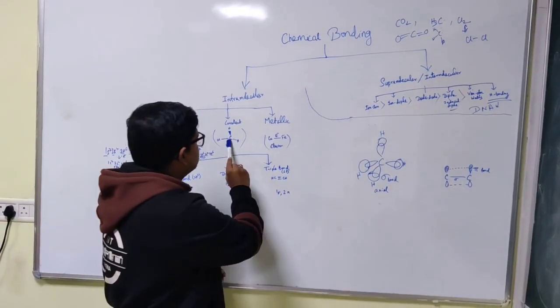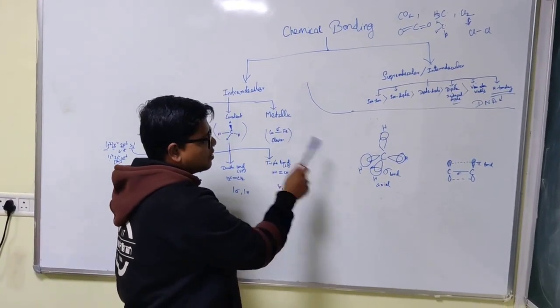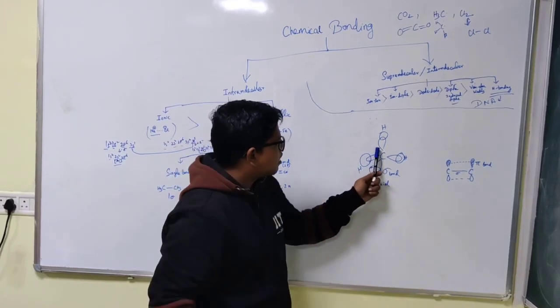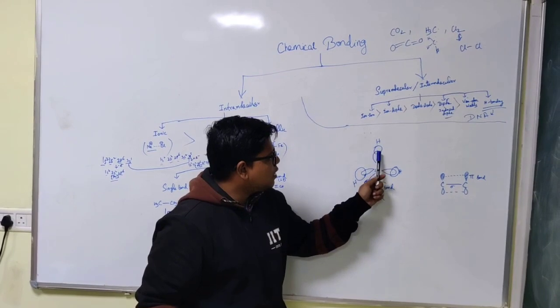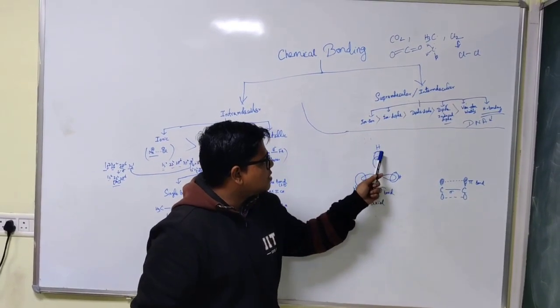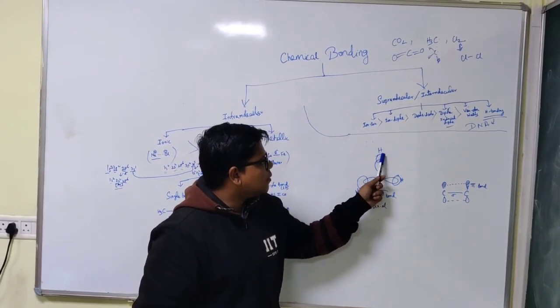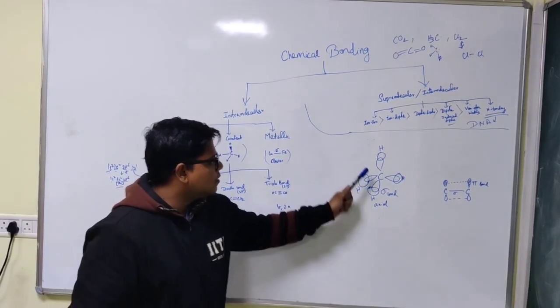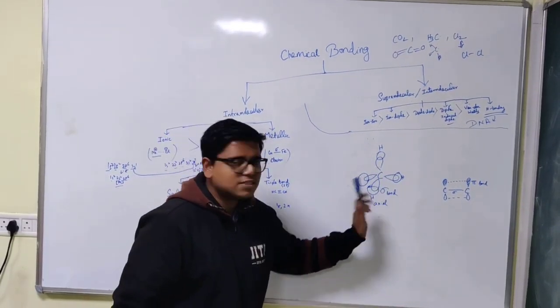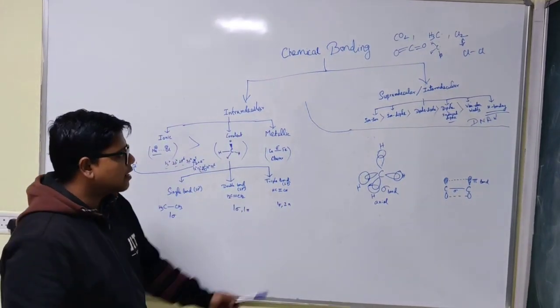Here this CH4 formation is shown, that the p orbital of carbon is attached to the s orbital of hydrogen to get a CH4 molecule,